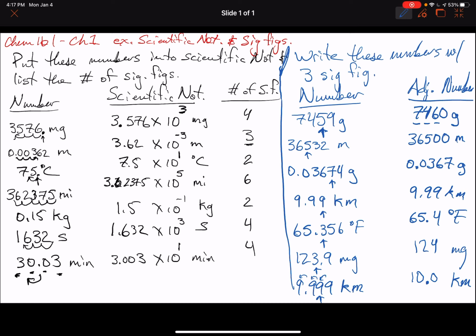So this is 10.00 kilometers. To be even less ambiguous, recall that we can use scientific notation to be very clear on sig figs. So this is one way to show it. Another way might be to say 1.00 times 10 to the 1 kilometers, which makes it very clear that we have 3 sig figs in this coefficient and 3 sig figs in our number. Okay, hopefully those examples helped you exercise some of your scientific notation rules and